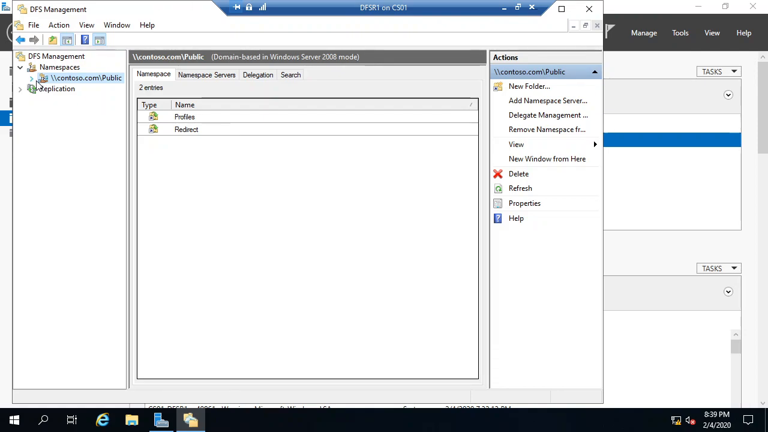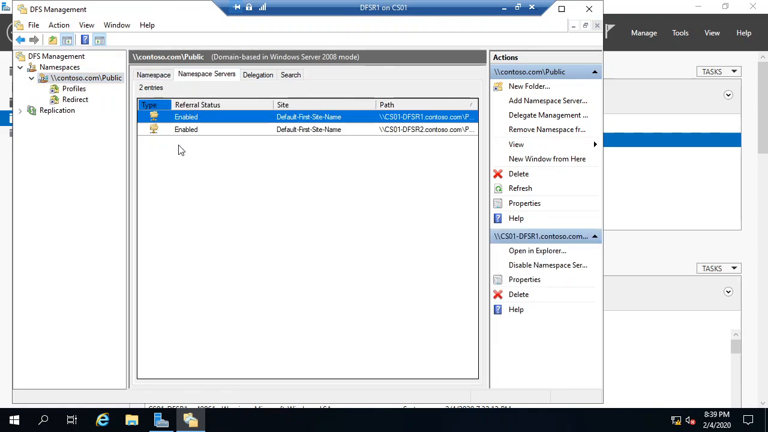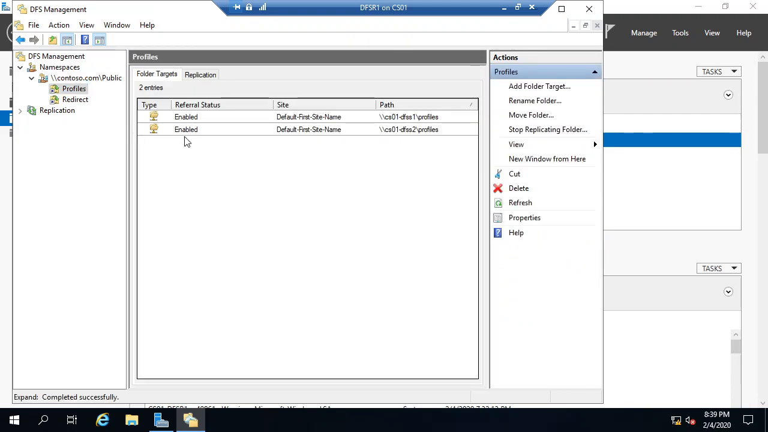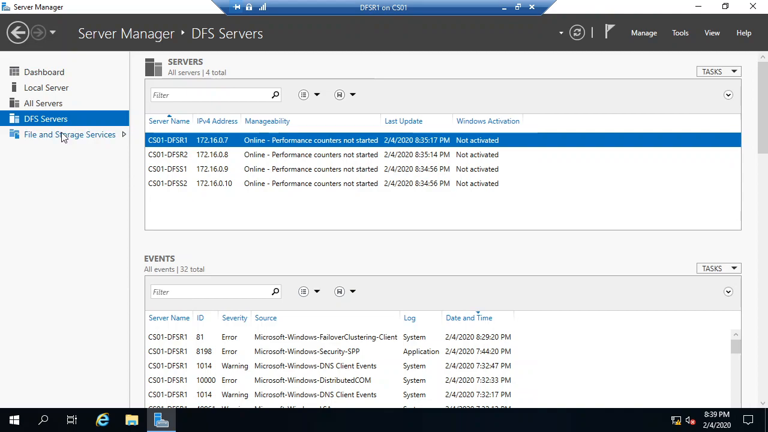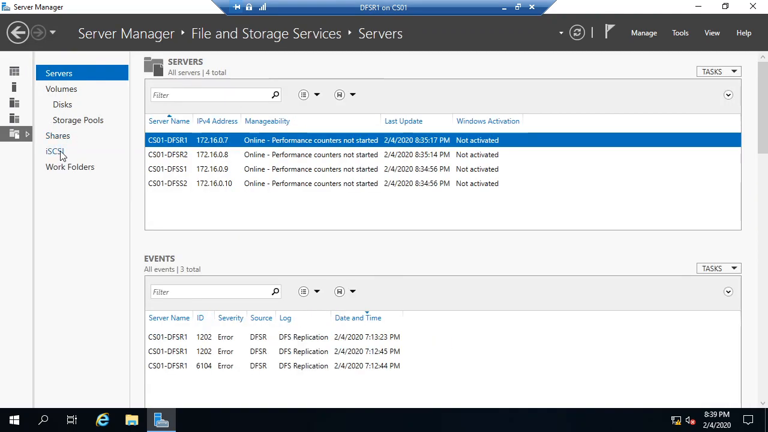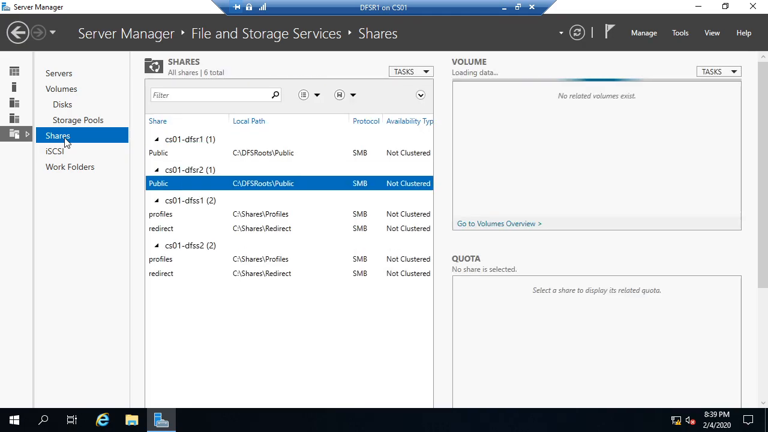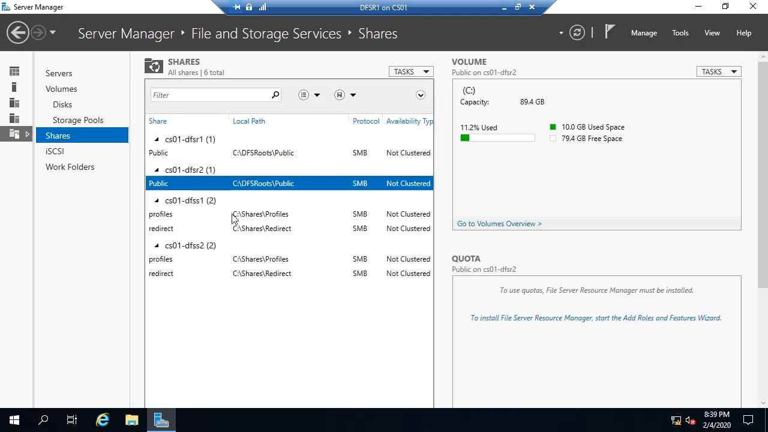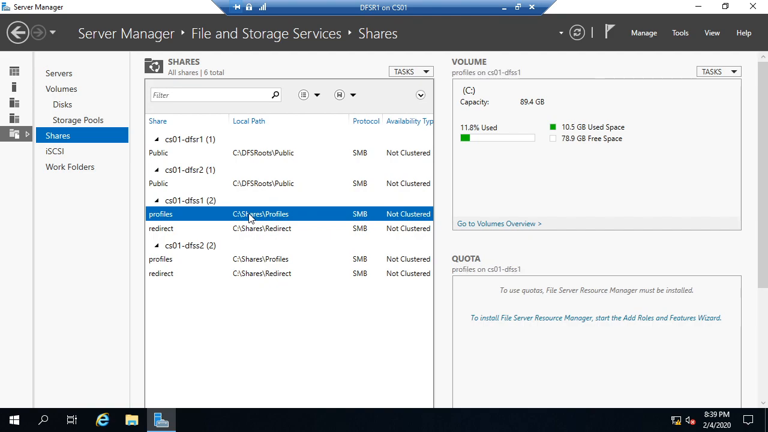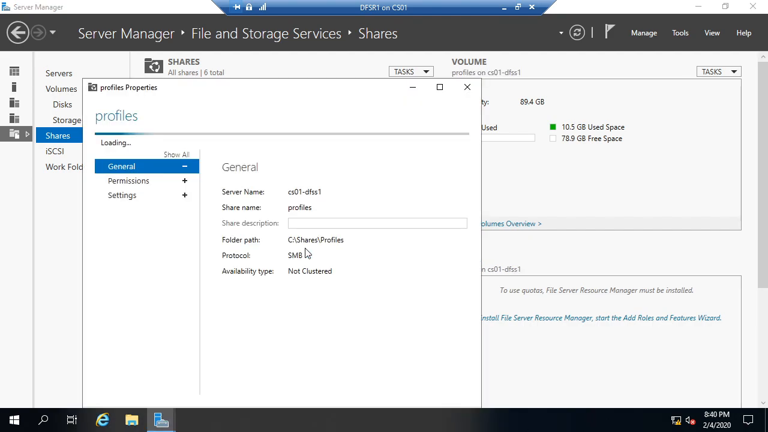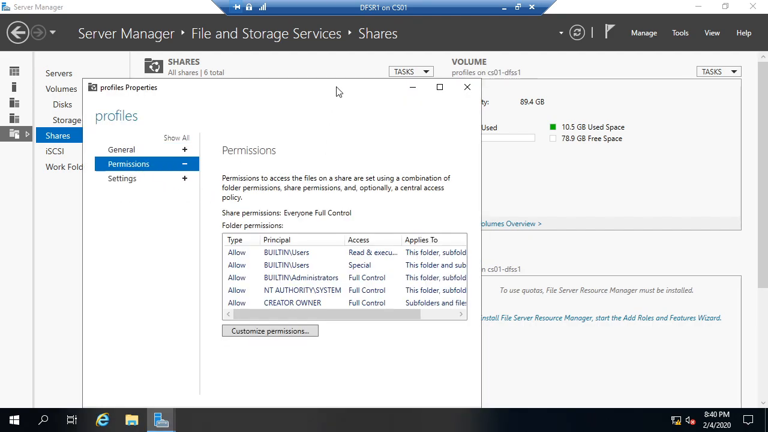Look, if I go to my namespace, I have 2 name servers. If I go to profiles, there's 2 targets. If I go to redirect, there's 2 targets. Now, I'm going to go to File and Storage Services, Shares, to fix the NTFS permission. So I'm going to do everything from S1. Go to Properties, go to Permissions,